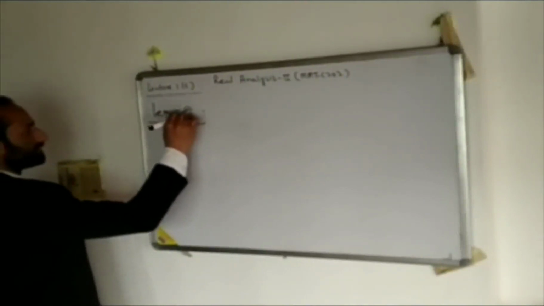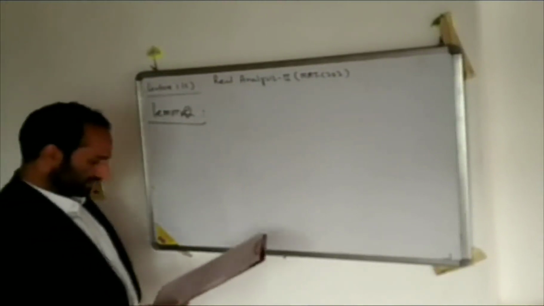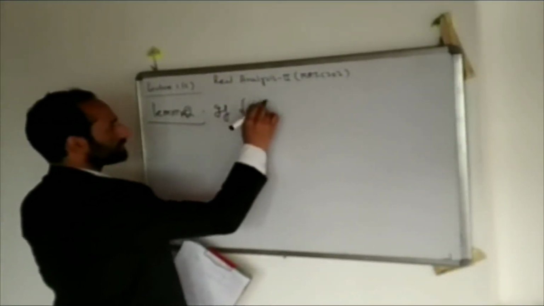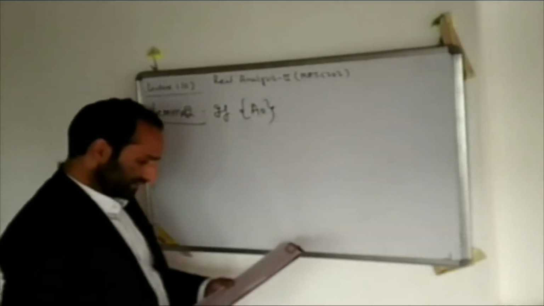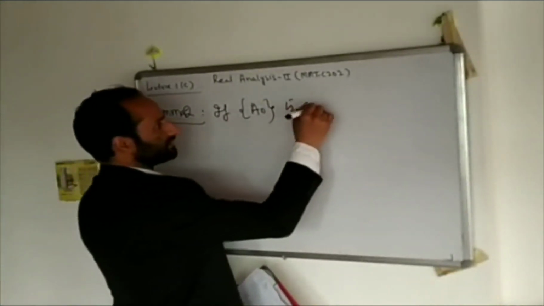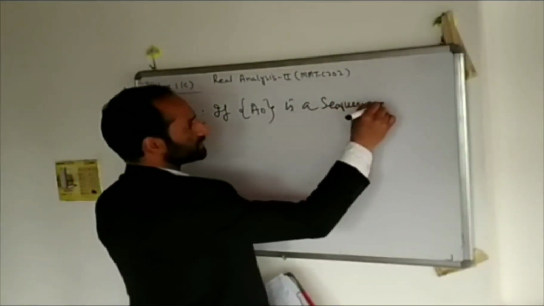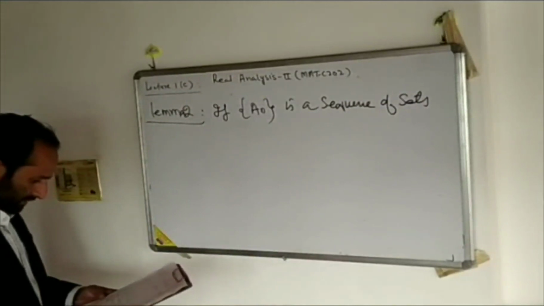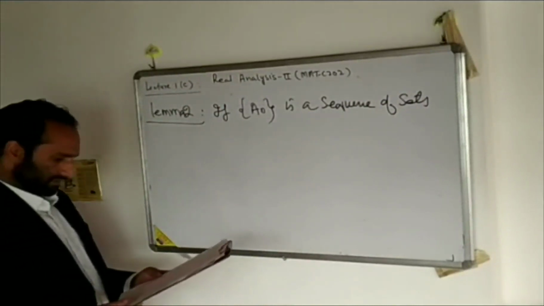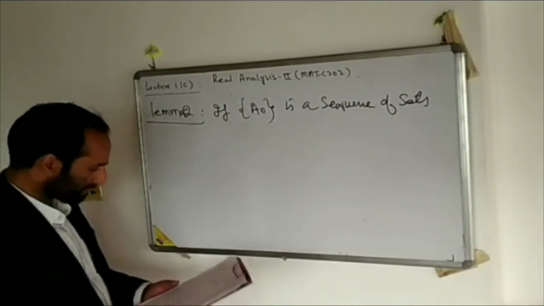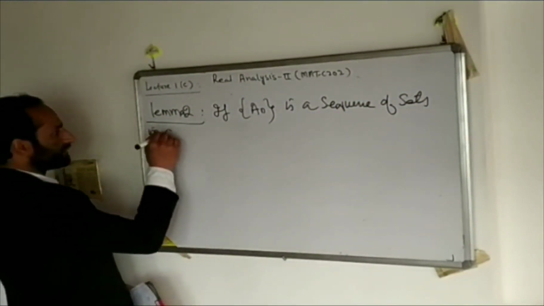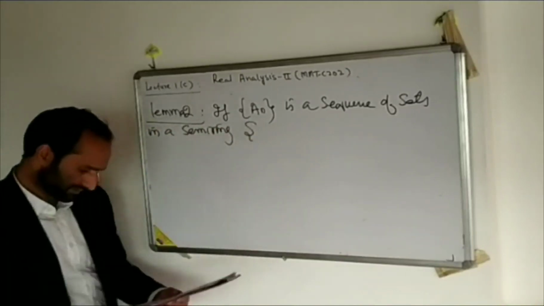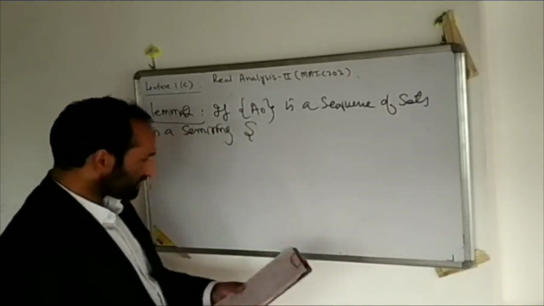It states that if An is a sequence of sets in a semiring S, then there exists a disjoint sequence